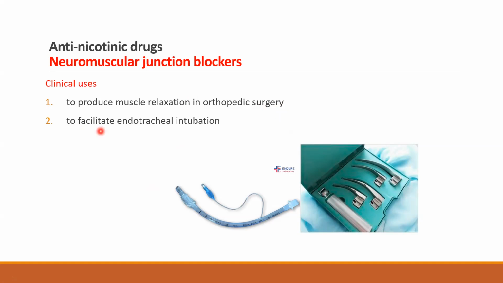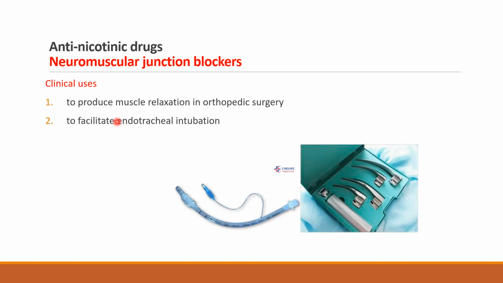In addition, the second indication is that under general anesthesia, you definitely need to connect the patient to an endotracheal tube. You need to insert an endotracheal tube with the help of the laryngoscope here. This is the endotracheal tube, and then you will connect that with an ambu bag until your ventilator is ready to be connected, and the patient will be under artificial ventilation as long as the surgery is going on.